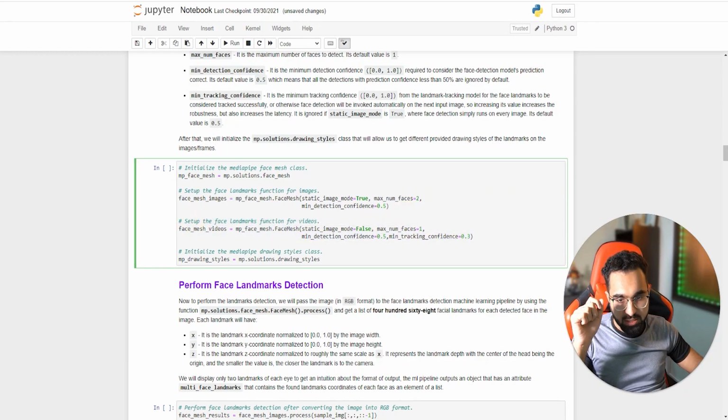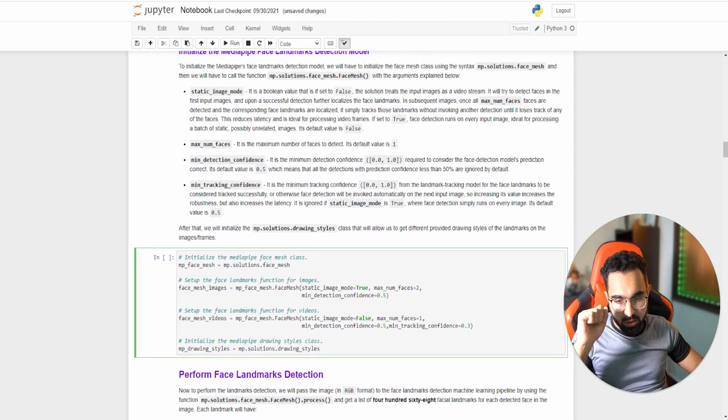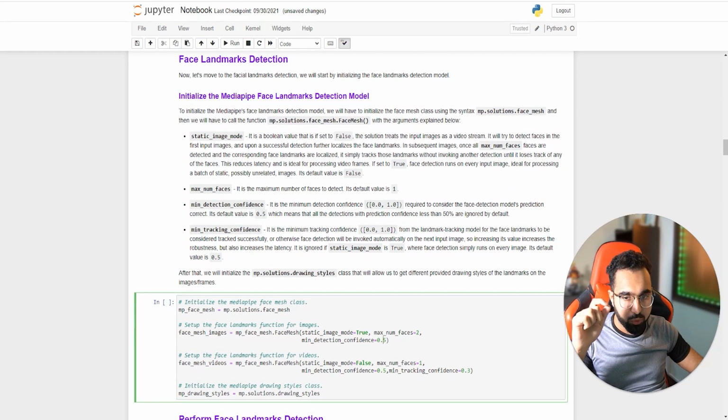And the only difference here is that the static image mode is true here and it's false here. I'm also tuning these variables, but it's not necessary. But anyways, when you're working with videos, you want the static image mode to be true. It's not 100% necessary, but it will give you faster results.